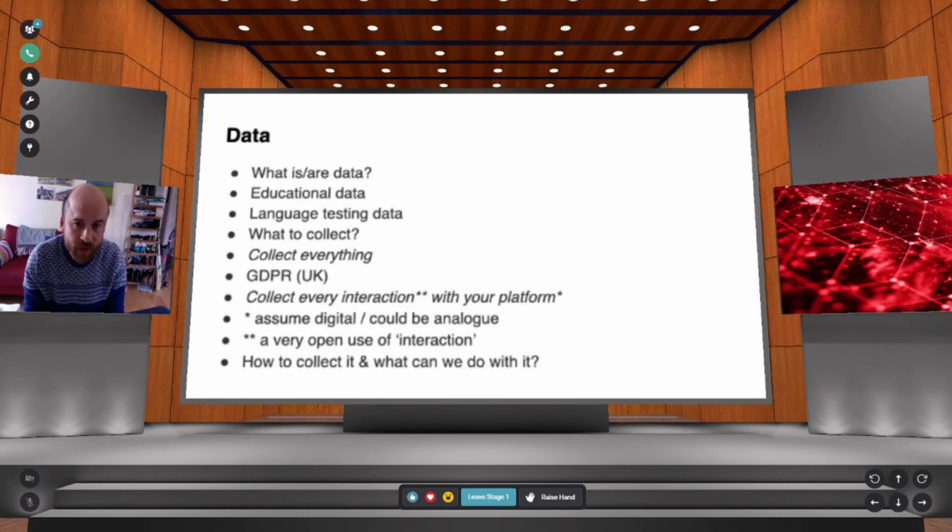If you're thinking about listening, then it could be how many times did they play the recording? What was their response time? As Elaine Schmidt was talking about in a previous session, if you're looking at reading skills, then of course you could be collecting eye tracking if you have the right devices. So my focus here is to think about how you can collect it, and then what we can do with such data. Whatever your data is, what kind of things can we do with it?